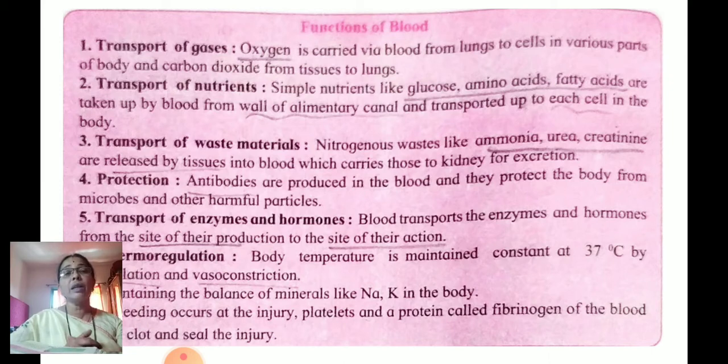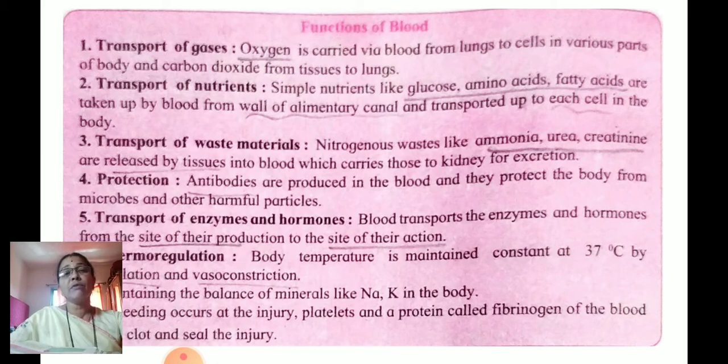Your alimentary canal is a tube like substance, isn't it? Your intestine is a tube like substance, and your blood can absorb from outside this tube. Your intestine is surrounded by blood, and all the nutrients from the intestine can be absorbed by the blood. So it transports all these nutrients to the body. It transports waste materials, whatever waste material has been produced after the synthesis or consumption of proteins.